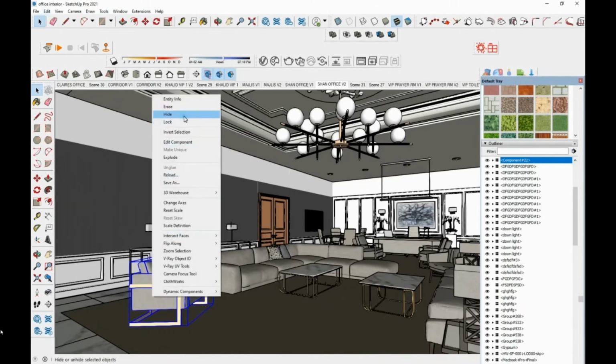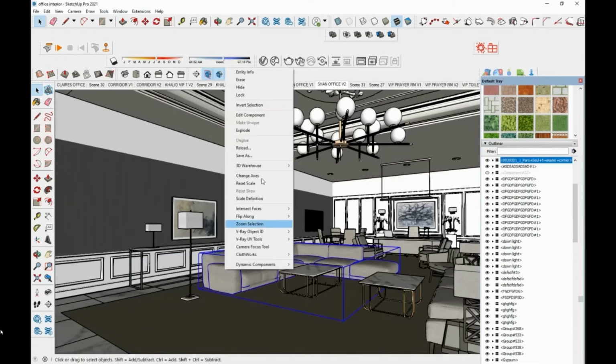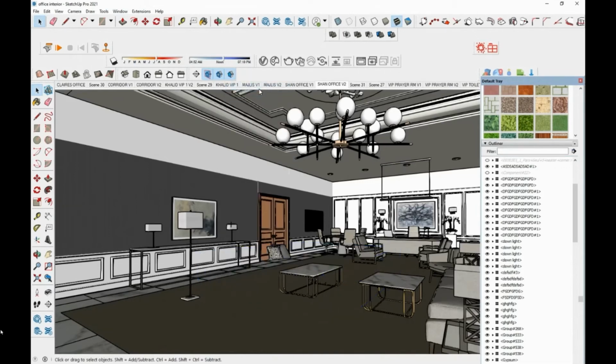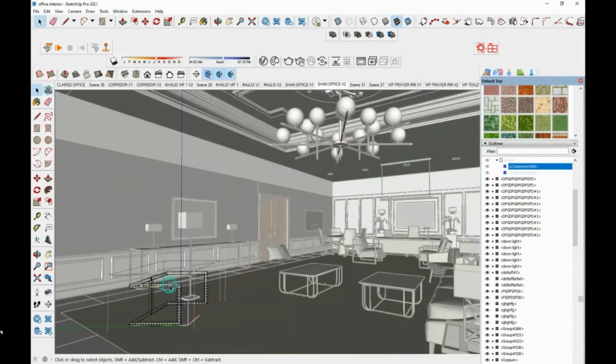So usually to hide an object, you'll have to right click and select the hide object option. So this will hide the objects. And in the outliner box, you can see the hidden objects without unhiding them. And also you can make changes, or you can edit the hidden objects without unhiding them by making use of this outliner.